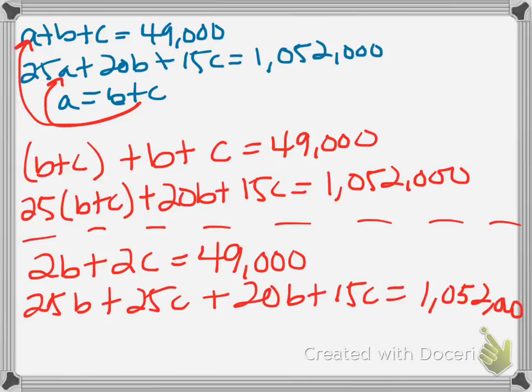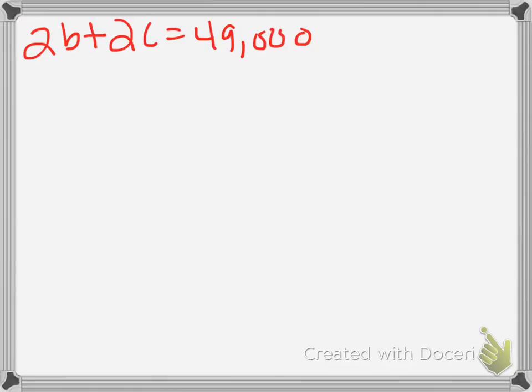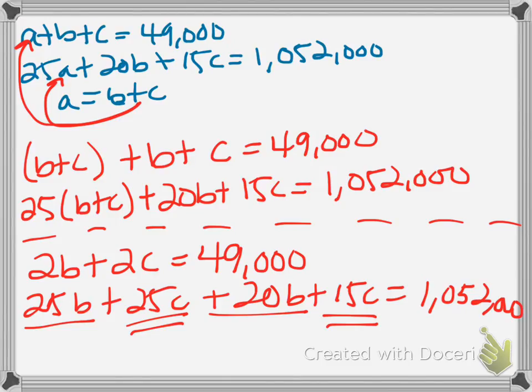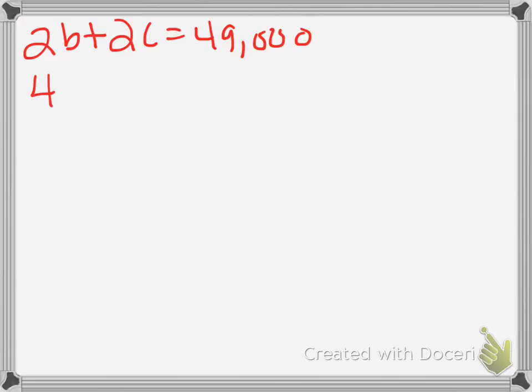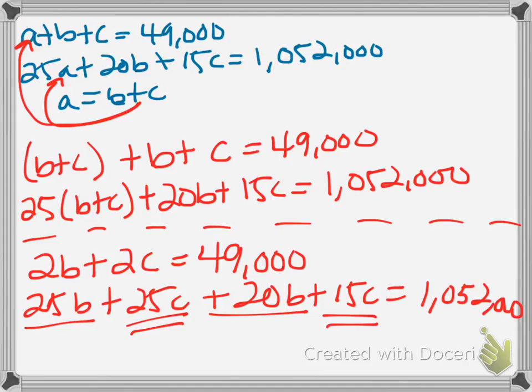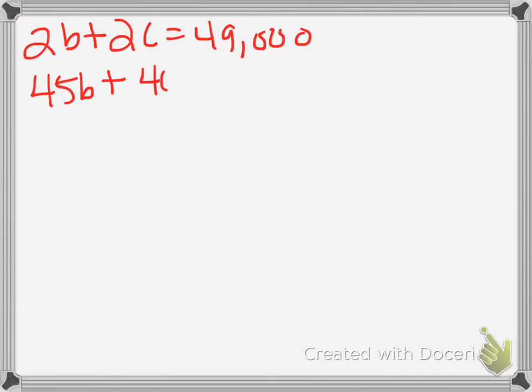On the next page, I'll show the combined like terms, but basically I need to combine b's and my c's. And so my first equation, again, is that 2b plus 2c equals 49,000. And then when I add the 25 plus the 20, I get 45b plus the 25 plus the 15 gives me 40c, and that equals